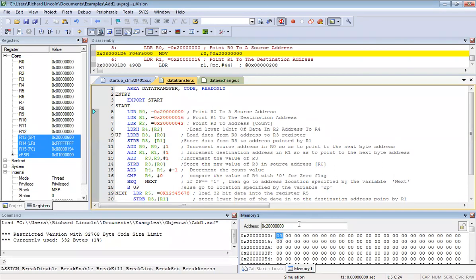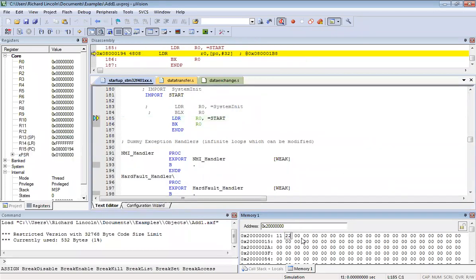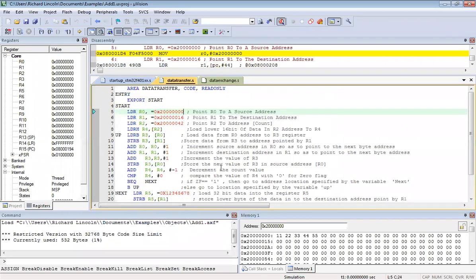When you double click on it, you have an option to edit. So I will just give in some value there. Now let us get back to the program. We have certain address assigned to R0, and the value is given here in the memory.